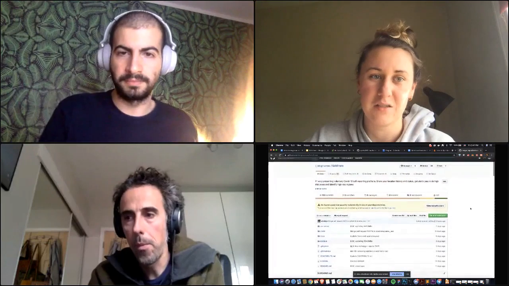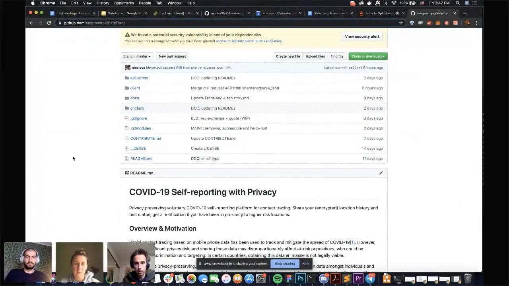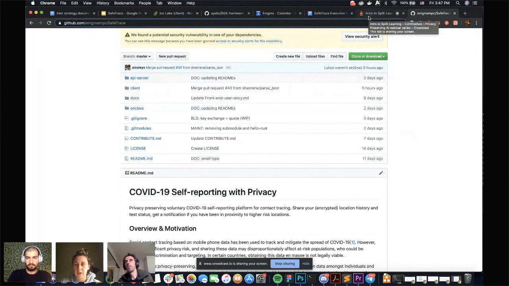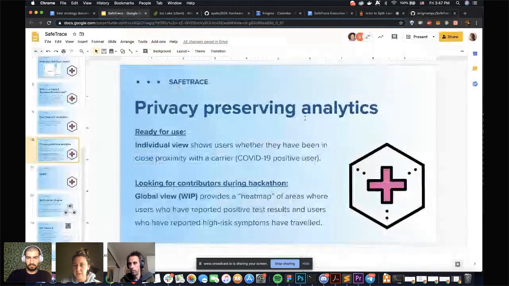This is the repo that we have this code in, and what Victor is showing you is basically the algorithm that's being executed, running inside of the enclave. This is where the code for that is. And then we also have the API documented here, which is how you can interact with the enclave, do that encryption process, and then query for matches. And an example of how you would do that inside of a client application, a very bare bones example, is in this repo right here. So just to give you the lay of the land, if you want to check it out, that's where everything's laid out.